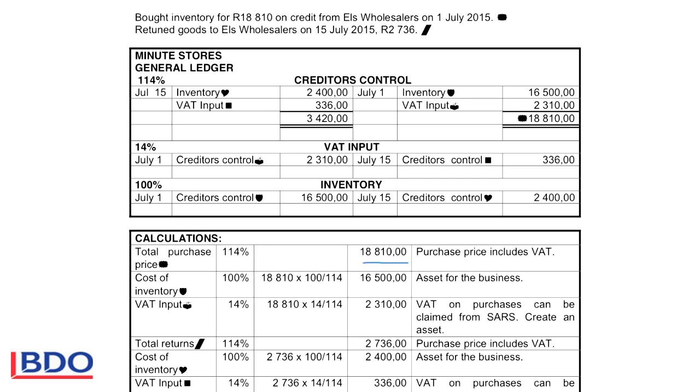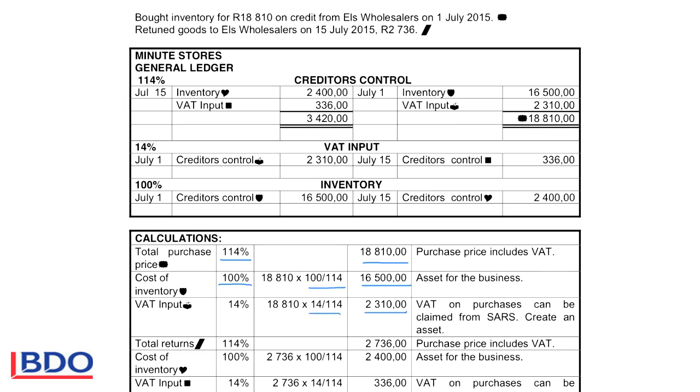The total amount equals 114%. The cost price of the inventory will only be 100%. And if we want to calculate the figure, we take the 18,810, multiply with the one that we want, the 100, divide by the 114 that was given to us. So that means that the inventory cost price is 16,500. The VAT is 14 over 114, and that will give me